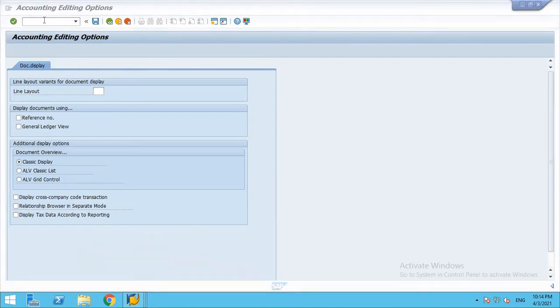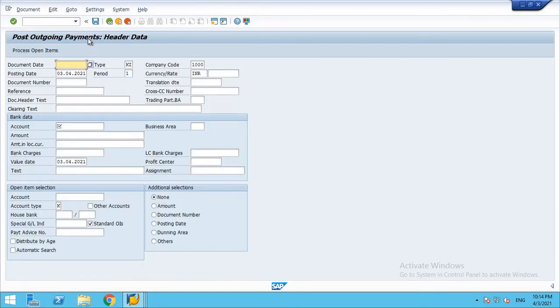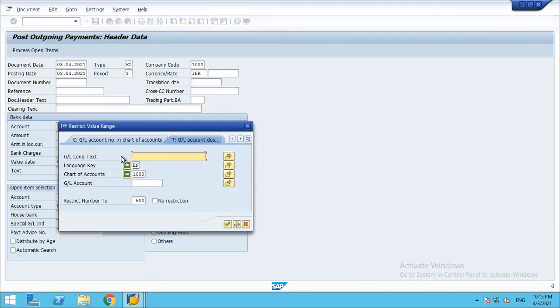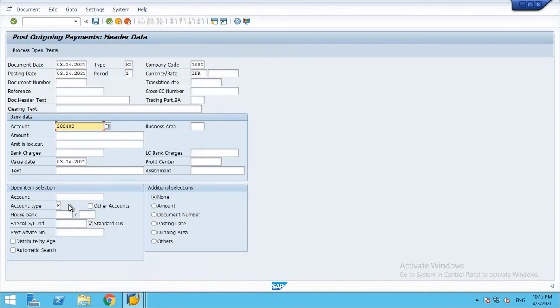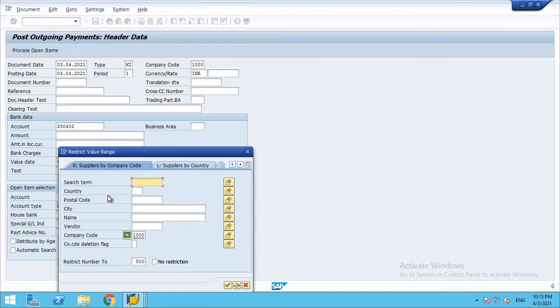The third one is open items. For example, if I go with FB53 and enter these options, just as an example, I will select an account. Let me take one bank account.